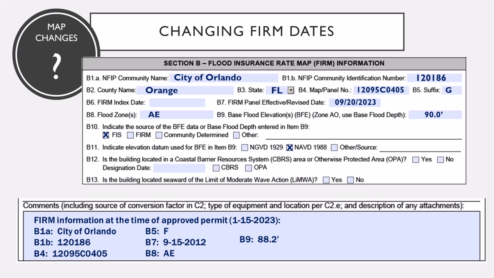The current FIRM information at the time the finished construction EC was signed and dated goes in all the required fields in Section B. Be sure to also fill in B10 and B11. Then, the certifier would place the FIRM information in effect at the time of permitting in the Section D comments